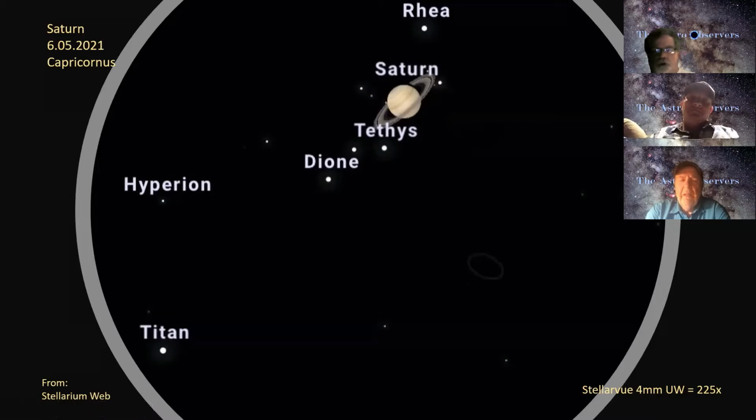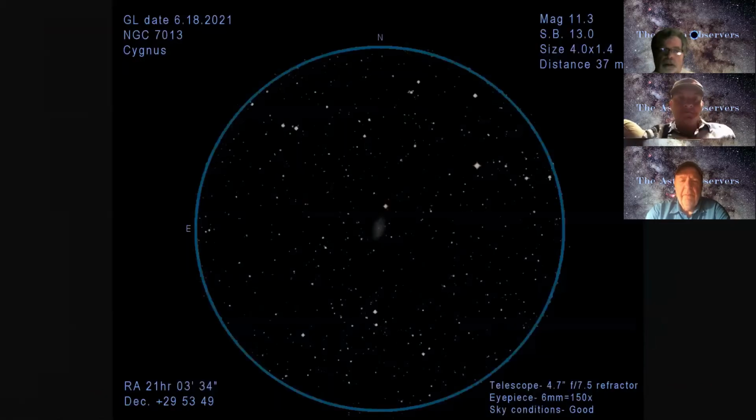That was the night it was a little more haze in the air. So you know how sometimes that can be, where the transparency might be off a little bit. But the seeing was really good. And Saturn's low. I think it's in Capricorn right now. Yep. And then my last view of the night before I broke down, I did look at,